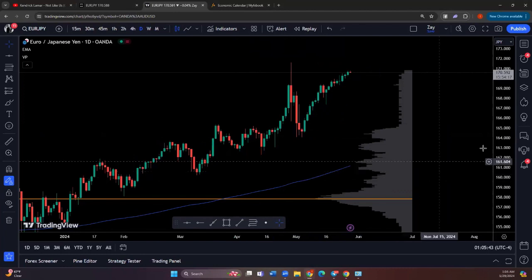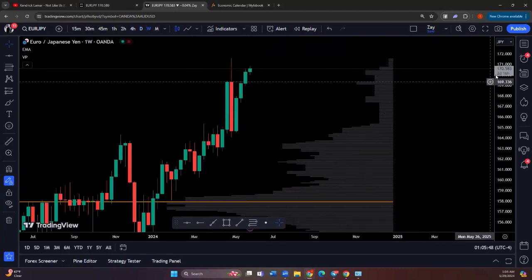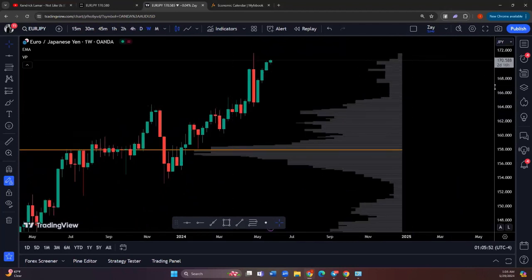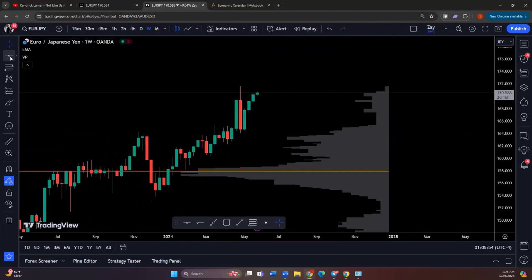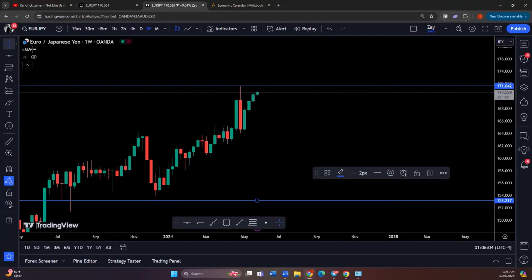I don't really need it, but I'm gonna start from the weekly time frame, and what I'm gonna do is just draw my weekly resistance and my weekly support, right? And this is going to let me know that I'm only trading in between. Let's take this off for a second so you can see it. But my low and my high, right? I'm trading in between this area, right? So weekly high, weekly low.